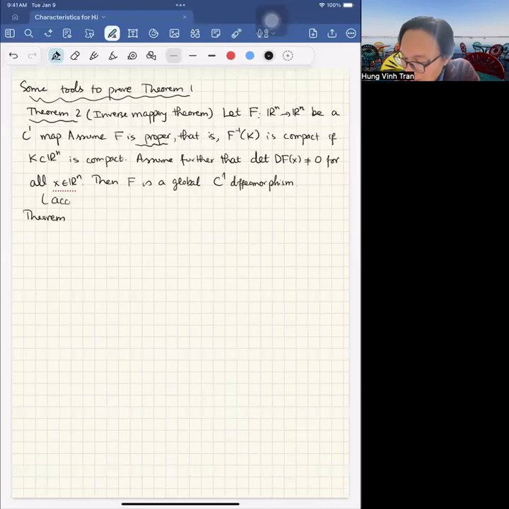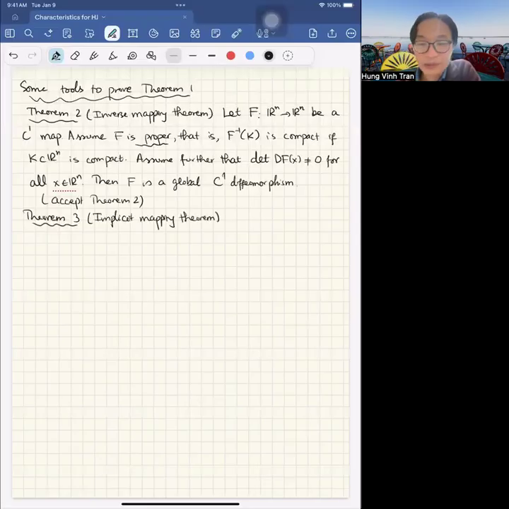accept theorem two. Okay, so now let me write out theorem three based upon theorem two. This is something called the implicit mapping theorem. Okay, I should have changed color. Anyway,